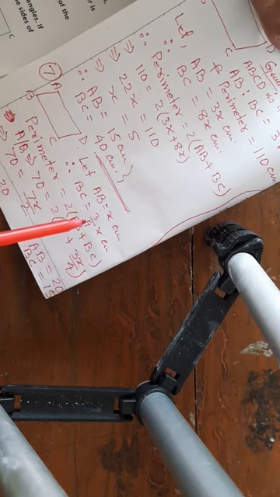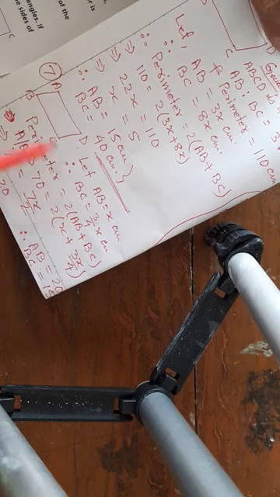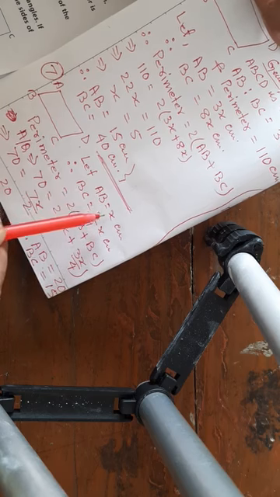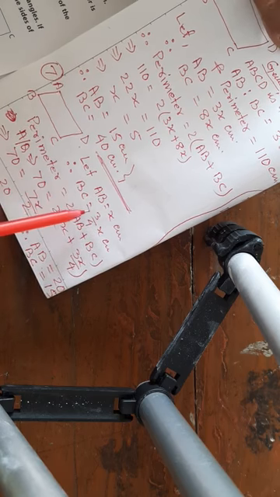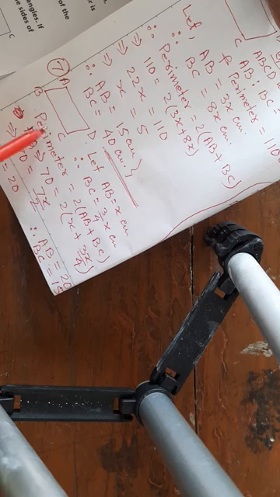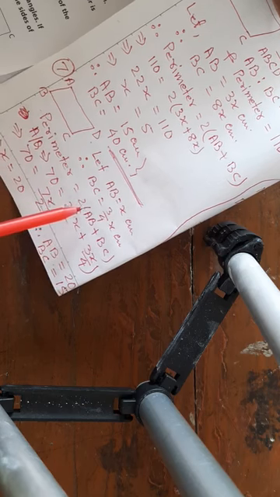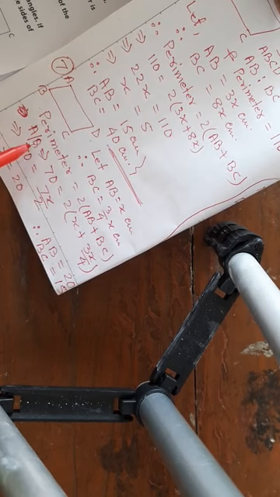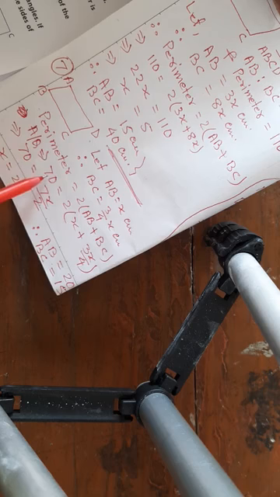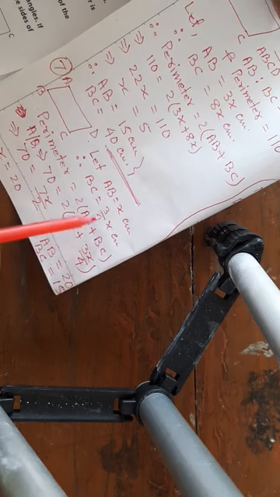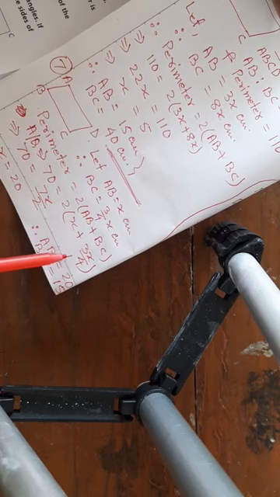It is given one side is 3/4 the other. Let AB is equal to x centimeter. Therefore, BC is equal to 3/4 x centimeter. Perimeter is equal to 2 into sum of adjacent sides. It is given perimeter according to question, 70 centimeter is equal to 2 into AB x plus BC 3/4x.